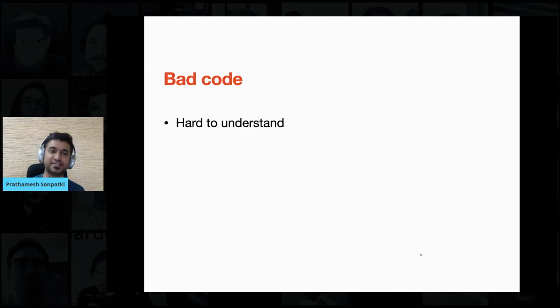So then it results in random bugs, and a lack of consistency and structure, which makes it harder to understand over time why this particular function is present in this file, and why a similar function is also present in some other file, but they're doing the same thing but not quite the same thing, one line difference and so on. So the code base overall becomes very hard to understand.